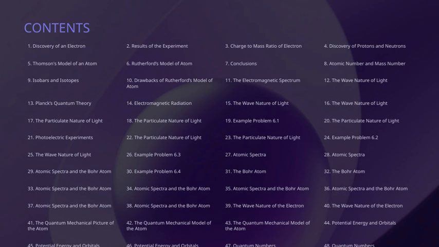Next, we delve into the wave nature of light, which introduces a fundamental duality. Light behaves both as a wave and as a particle. This duality leads us to Planck's quantum theory, a pivotal concept that revolutionized physics. We examine the particulate nature of light through experiments like the photoelectric effect, further illustrating how light can behave like particles. As we progress, we explore the results of important experiments and the implications they have for our understanding of